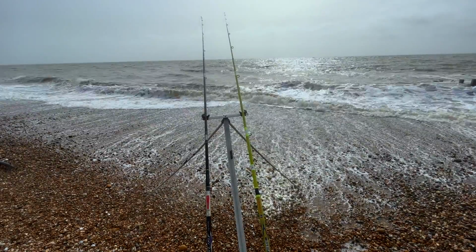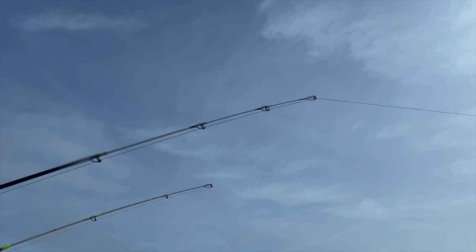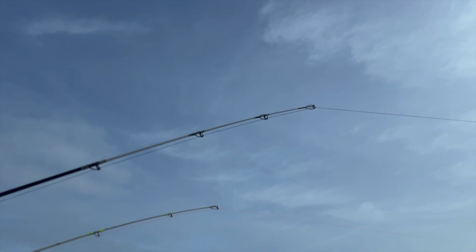Still no fish. So what do you do when you're not catching? You can move, obviously, change the baits, change the distance, change the size of the hooks, have an appreciation for that change in tide as well, because when the tide changes your luck can also change. Here though, we are at that prime time to catch anything. As I turn the camera around and look at the rod tips,